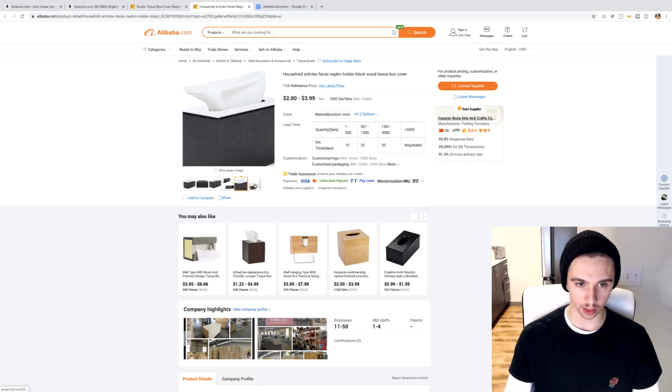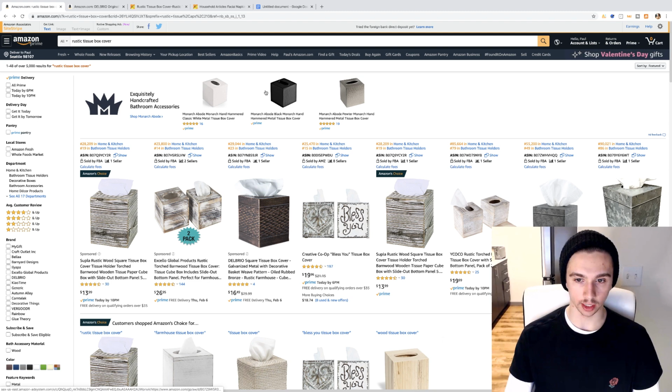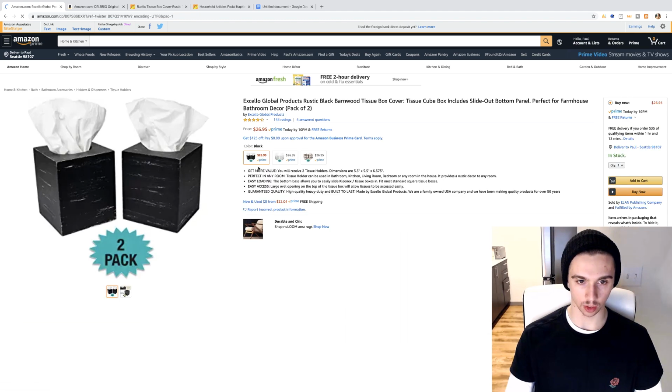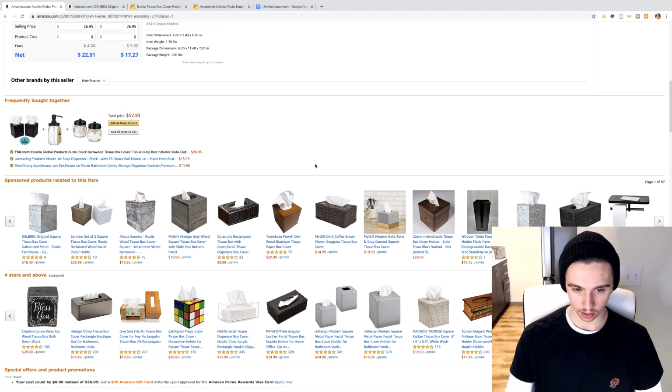So then we would want to say, okay, this one's nice and it's black. No one else is really doing black. There's that one listing right here. He has a black one right here, and I think that one's doing really well actually. But then what I was gonna say is